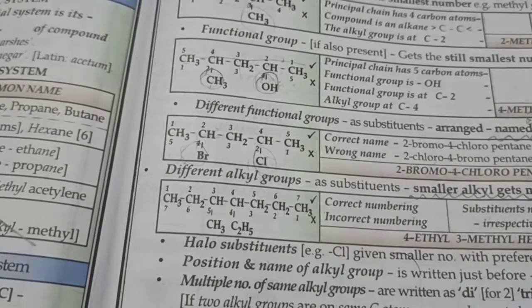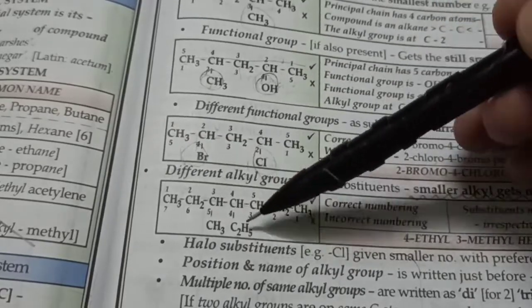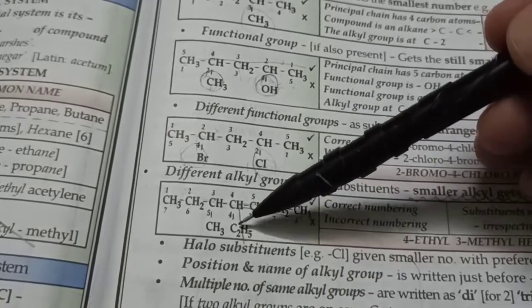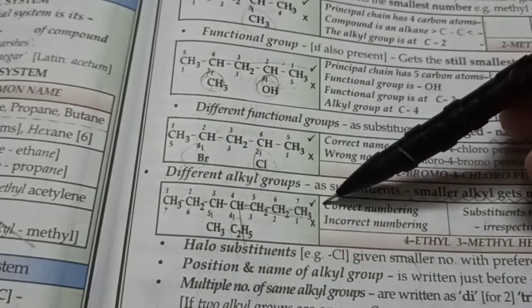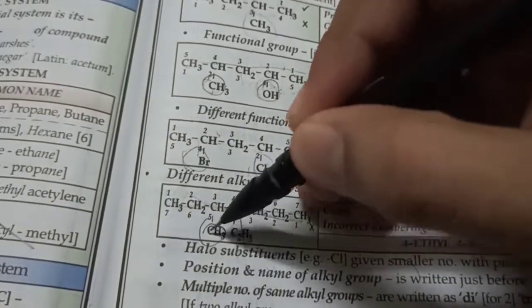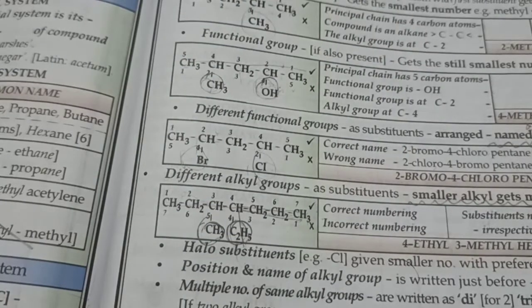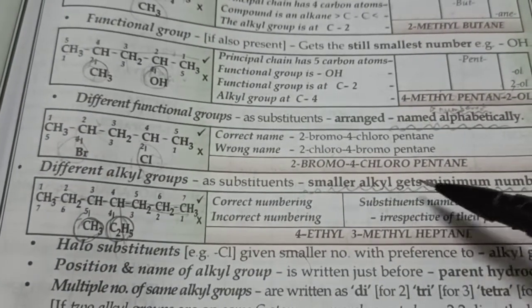Now this one. This is very, very interesting. Think about it. Don't look at the answer, please. 1, 2, 3, 4, 5, 6, 7. That's a heptane. We could have done this also, right? This is also a longest chain. Let's count. 1, 2, 3, 4, 5, 6. Remember, there are 2 carbon atoms here. So it could have been C-C also. But 6 is still small. So let's go for 7. Heptane. Single bond heptane. I've got 2 attachments here. A methyl group and an ethyl group. So who should get the lower number and what should be written first? Now look, remember this rule. The smaller alkyl gets minimum number.